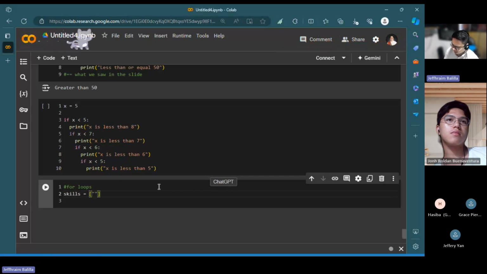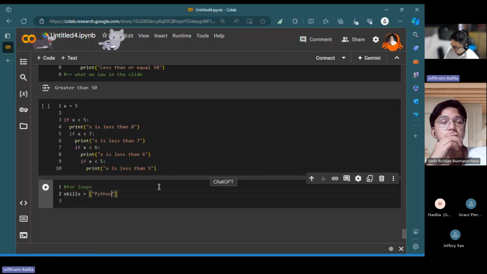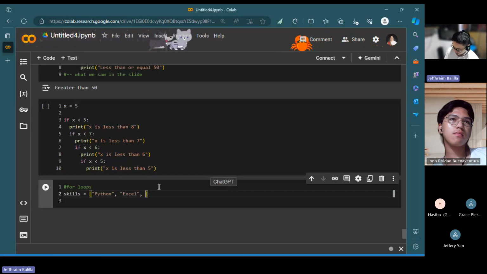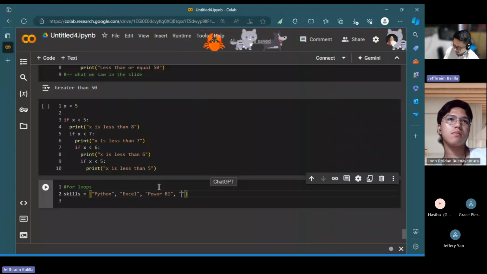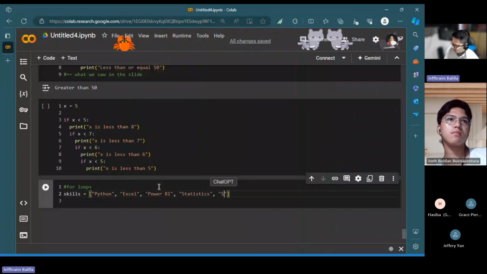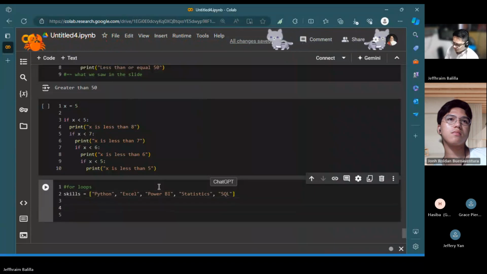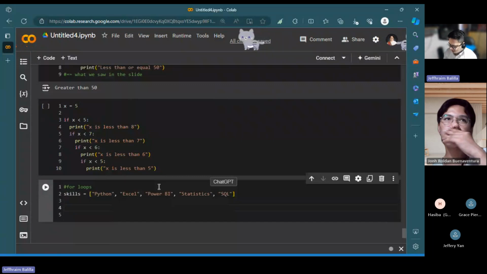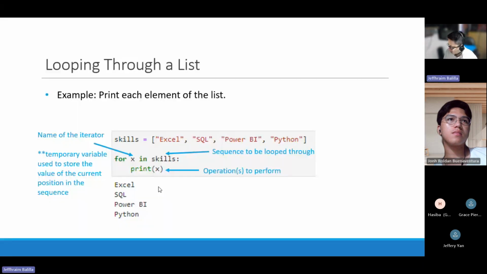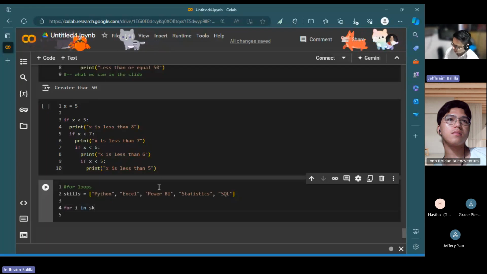So let's have here Python, Excel, not in the same order as what we have seen earlier, Power BI, I'll be adding statistics now, and then SQL. So if we want to iterate over this list, we'll be defining for I in skills.